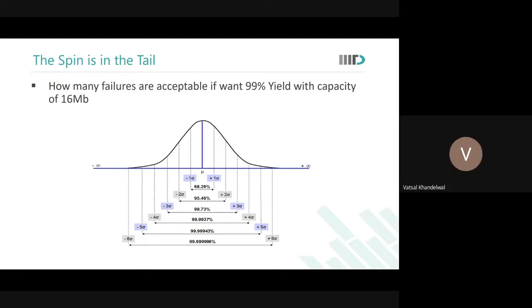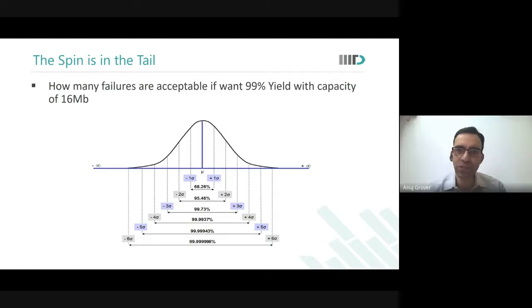So ECC stands for error correction codes. What they do is that even if there is one error in the system, they will correct it and will still be able to give the correct output. So if you do not have ECC, can you do this voltage lowering and capacity linked this so effectively, so confidently?